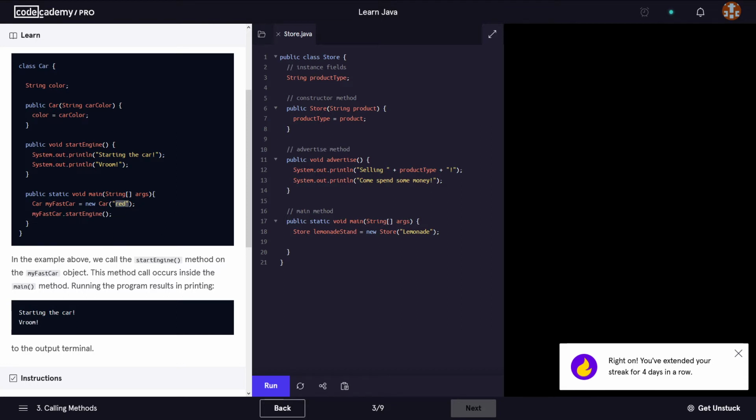Now if we were to have a look again at this line, it says my fast car dot start engine. Okay, it will go to the method called start engine, and it will look inside. Okay, we have invoked, or we have called this method on this object. What does this method do? Well, it's going to print out on the screen these two lines of code. Okay,